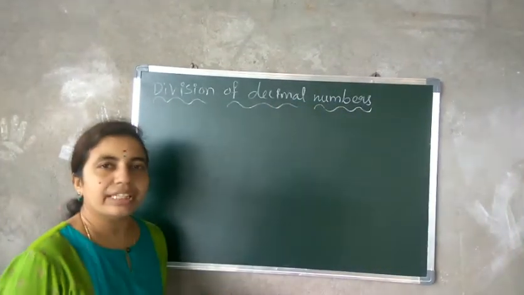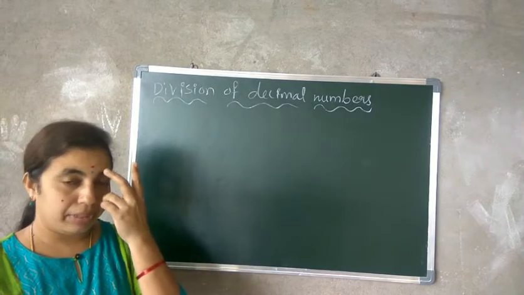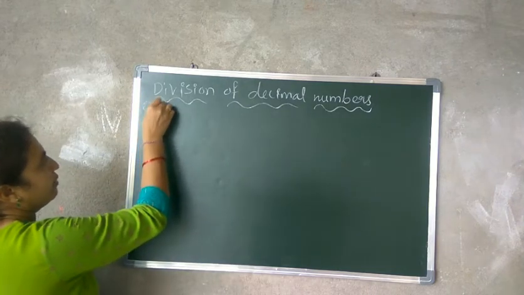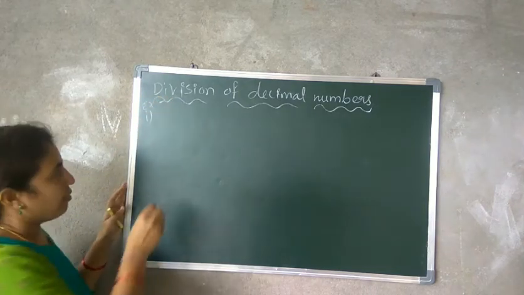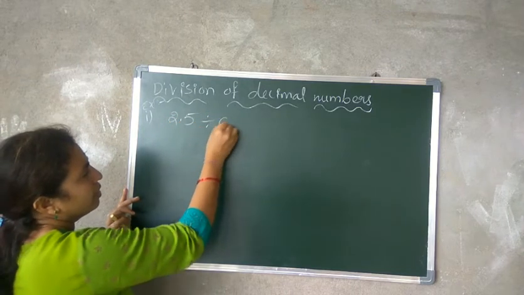So, division of decimal numbers. How to divide two decimal numbers? See, it is like this, I'll explain it. Whenever they have given 2.5 divided by 0.5,